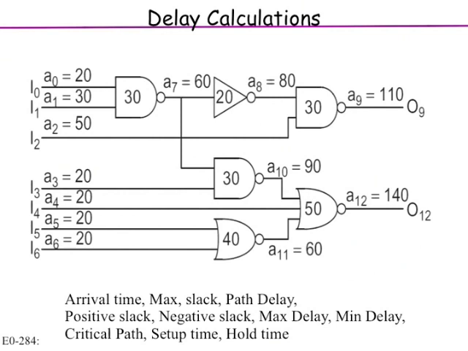Here we are just illustrating; it's not specified for which possibility this is, but there are clearly changes happening in I0 and I1, at 20 units and 30 units respectively from the time the clock edge happens. Let us assume that, and for that change to propagate through the NAND2 gate, you have to see which is the last change that happened, between 20 and 30. 30 is the last one. So the arrival time of the change in A7 is 60.